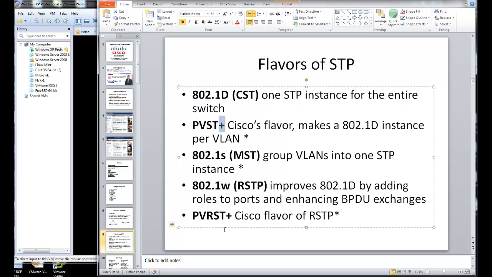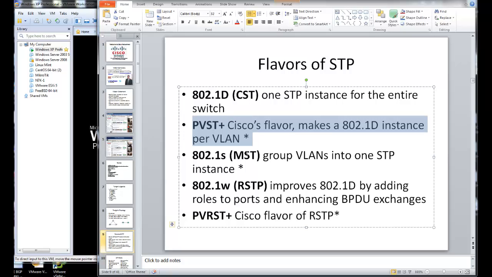So if you look down here, jumping a little bit ahead, per VLAN spanning tree, you got a plus. That's basically going to be the rapid spanning tree flavor, but the Cisco version of that. So that's one thing you can take a look at when you're looking at the pluses here. But the big enhancement with the PVST plus was that even though you still have that 802.1d instance,